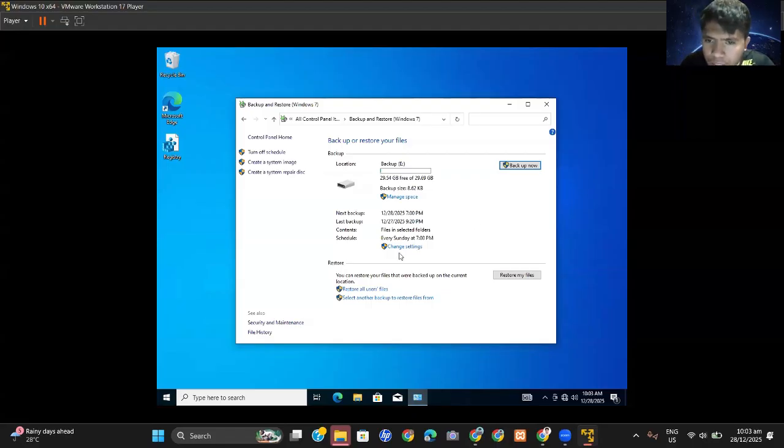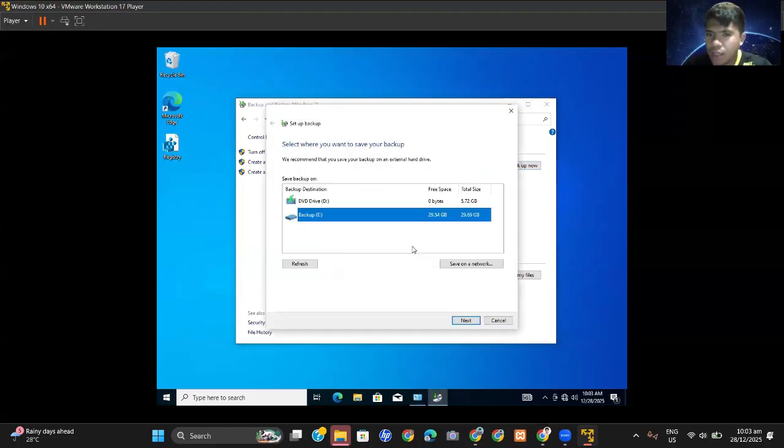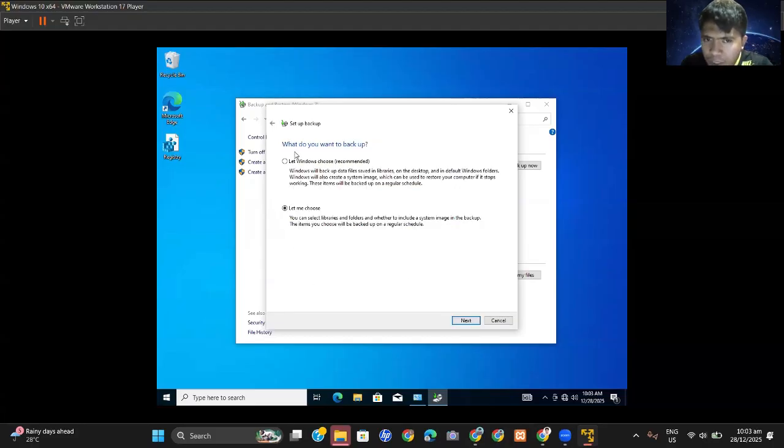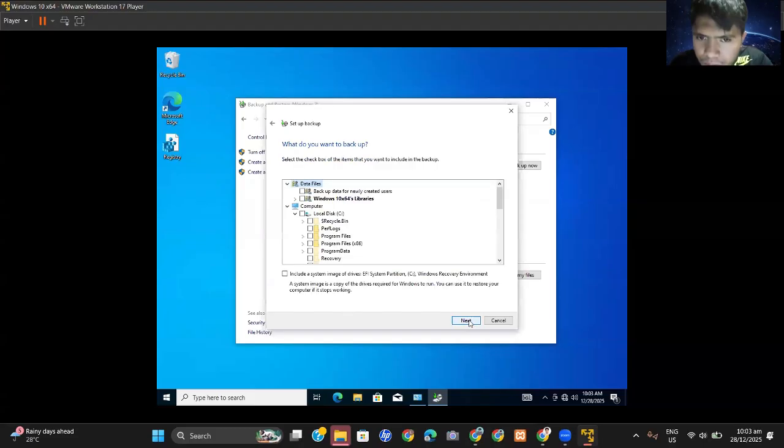So as you can see, we need to change it here so you can see the following drives. I choose the backup drive that I selected earlier so that I can use it in our backup. So just click Next. If you choose Let Windows choose, the recommended option, it is time consuming. But here you can choose as a user the backup you want to restore. So let's select the program that we utilize in here.